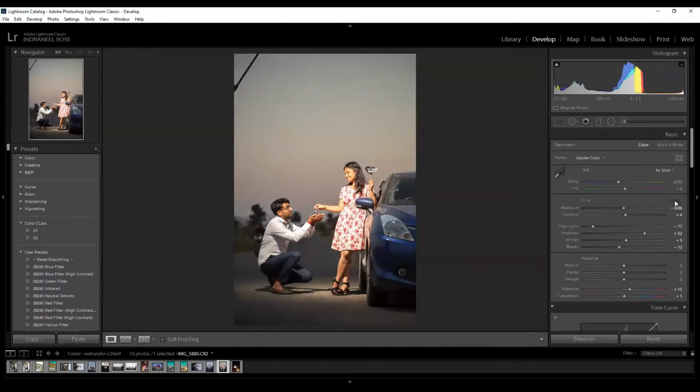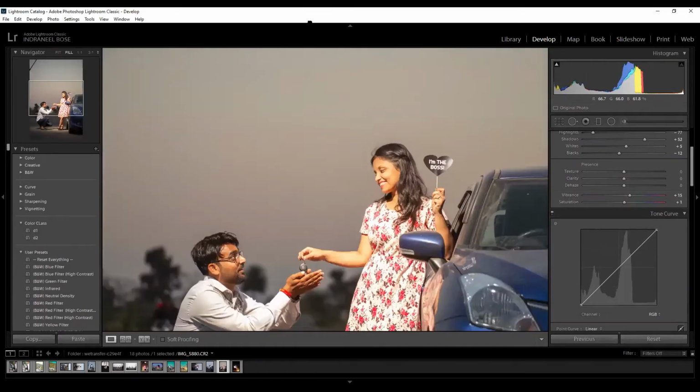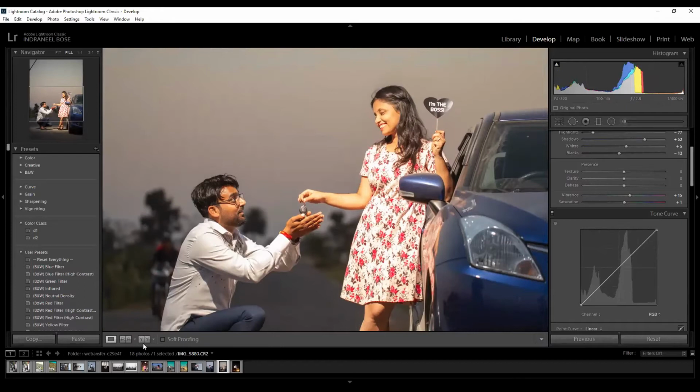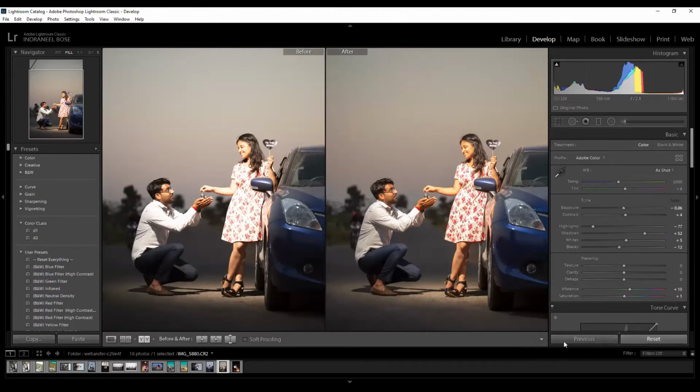As I click Auto, you can see there is a change in the exposure. You can see the difference between the two exposures. This is short, this is in Auto. You just have to click the Auto part over here to see the exposure. So with Auto, you can decide whether this is the perfect exposure that you want to work on, or you want to set it up according to yourself.